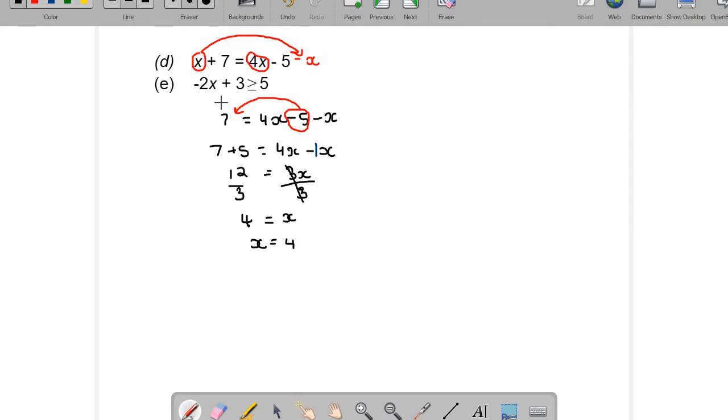Alright, let's do question E. In this case, we have an inequality because we have an inequality sign, not an equal sign. So how do we solve inequalities? The way you solve inequalities is practically, well, it's not the same, but it's very similar to how you solve your algebraic equations,